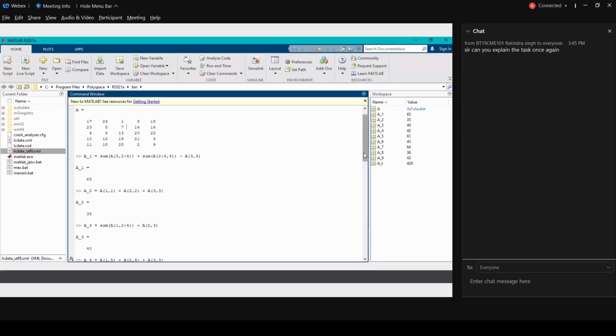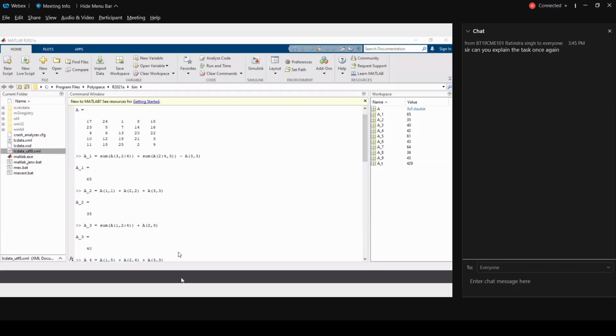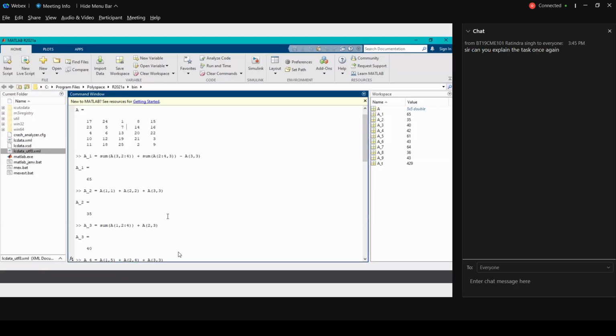So what is the error? Try to understand the error, what it says. If you are not able to understand it, try to find out on Google what this error means. There might be errors of undefined functions, undefined variables, inner dimensions not consistent, or you missed the comma, or you missed the brackets. You might have encountered this type of error, or you will encounter it once you try to solve this problem. So don't be discouraged by the errors. Go on Google, copy the errors, and find out what this error means in MATLAB. You will get some fair idea.